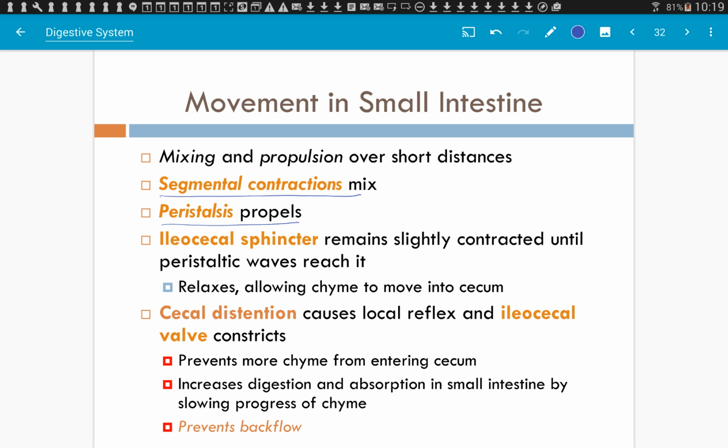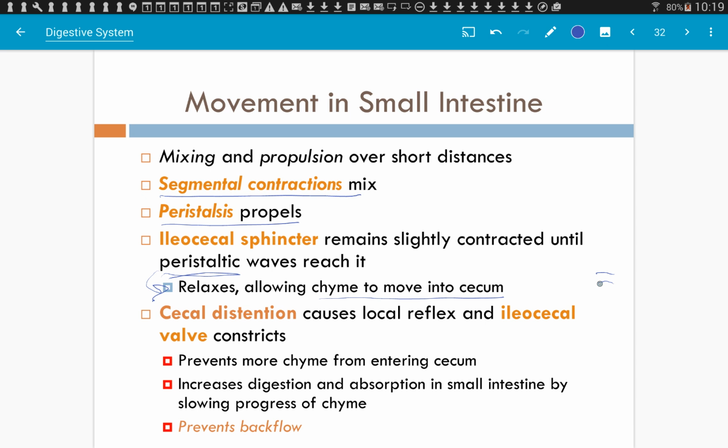Okay, at the end of your small intestine, in the ileum, remember it separates the ileum from the large intestine. What separates is the ileocecal valve. Okay, that valve separates it. It stays contracted. See that? It remains contracted until peristalsis reaches it, and then it causes it to open, and whatever it's propelling then goes into the large intestine. So when the peristalsis reaches it, it allows the chyme to move into the first part.